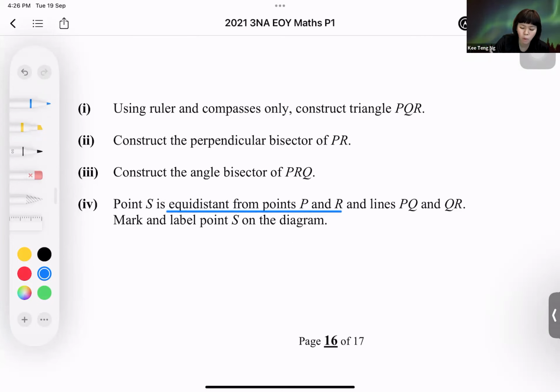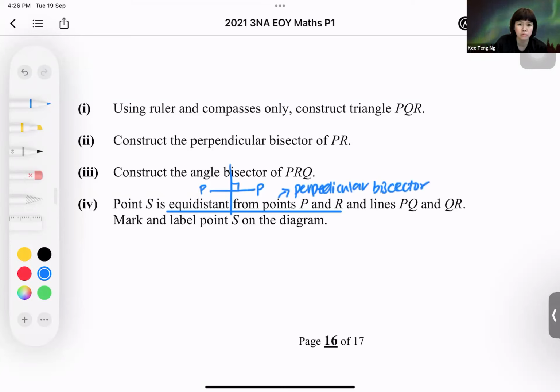That means I'm walking in between P and R. P and R is a line. I'm walking in between them. So technically speaking, this statement tells me this is the perpendicular bisector